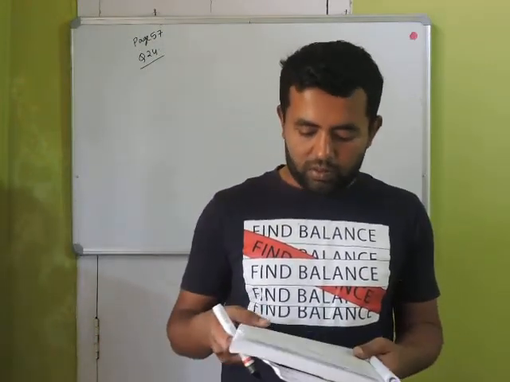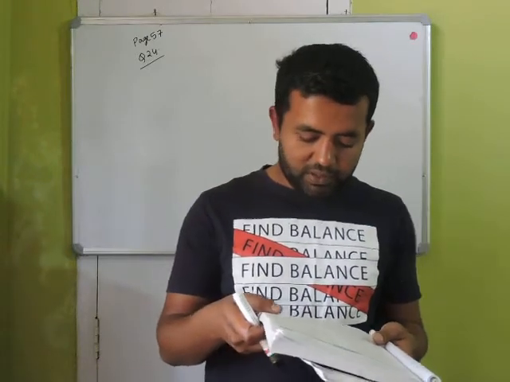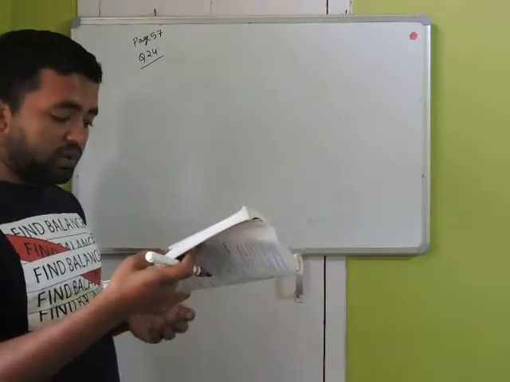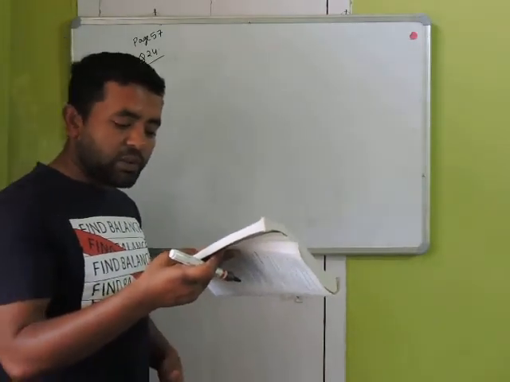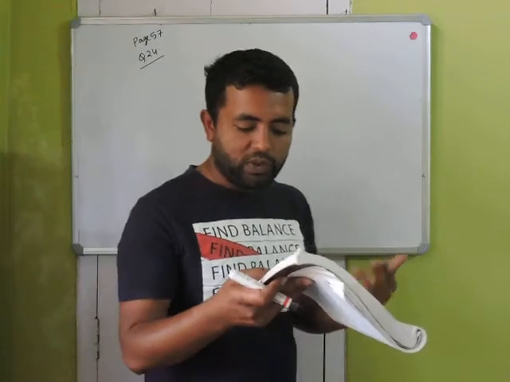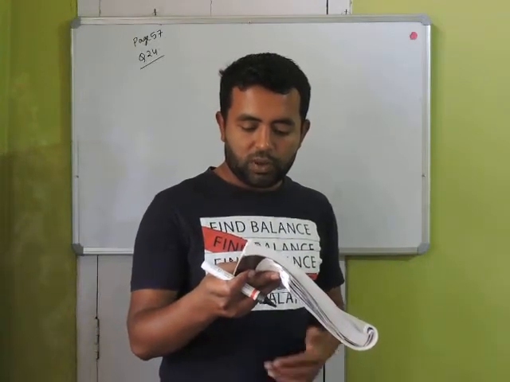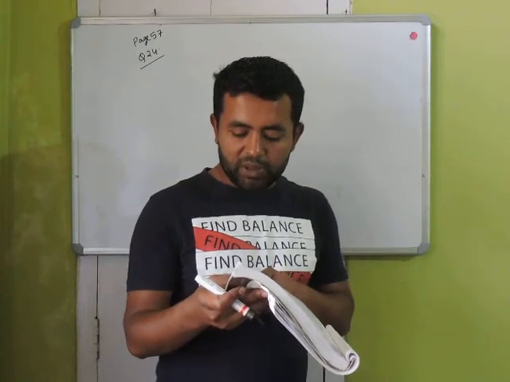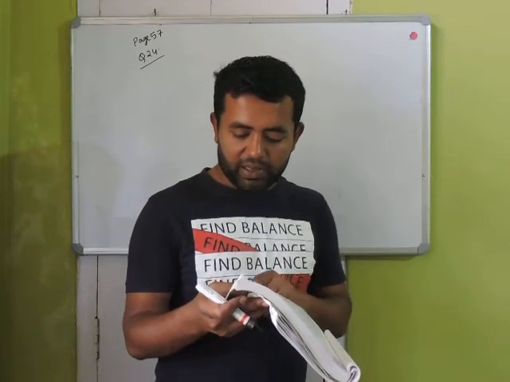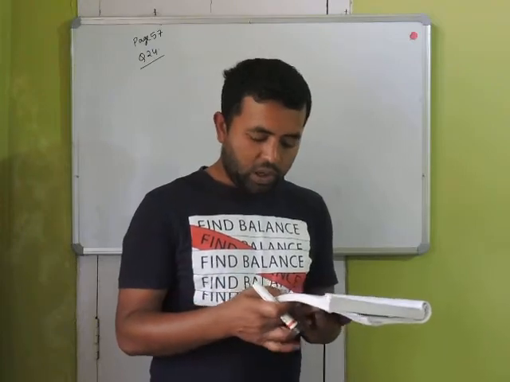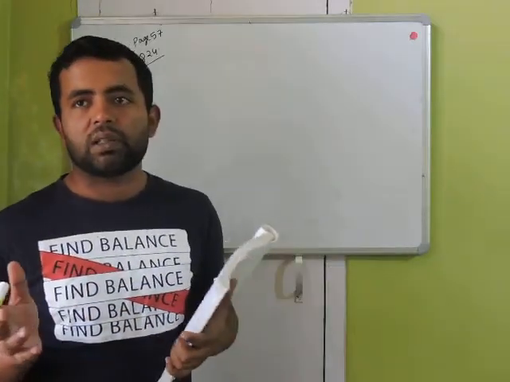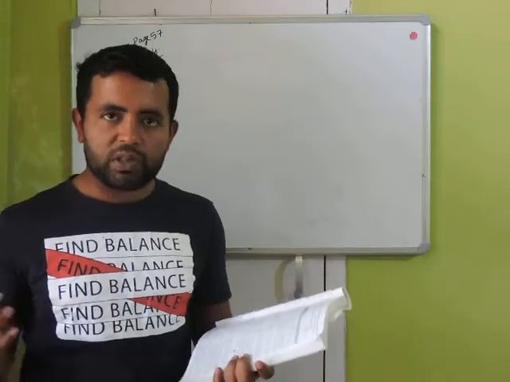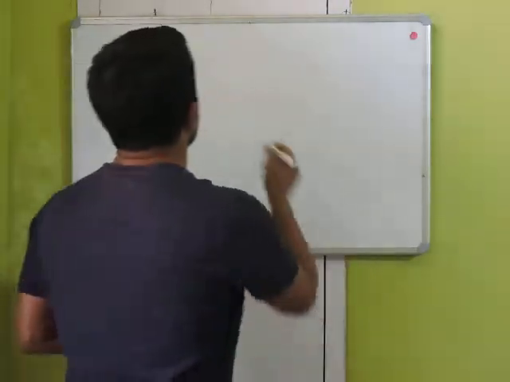Okay, now see page number 57, question number 24. The question says, which type of lever has a mechanical advantage always more than one? Give reason with one example. What change can be made in this lever to increase its mechanical advantage? Now, some of you might think class 1, class 2, but they are asking which type of lever has a mechanical advantage always more than one. So, answer is class 2